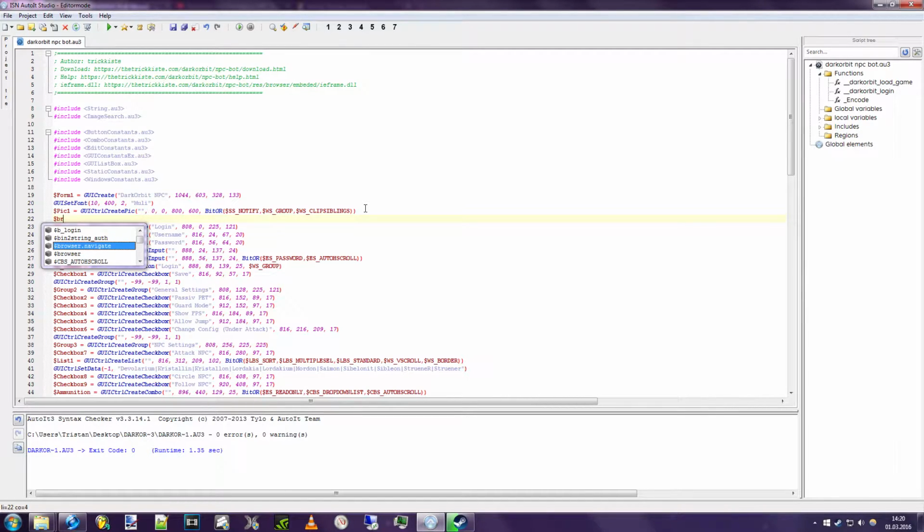So browser, just call it obj equals, we create an object, and right here browser, 800 by 600 bit, or